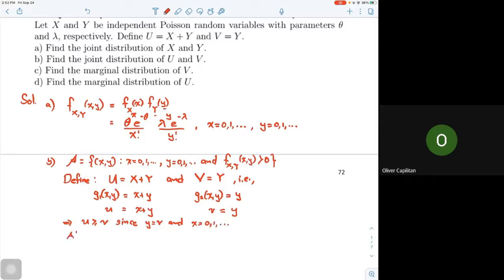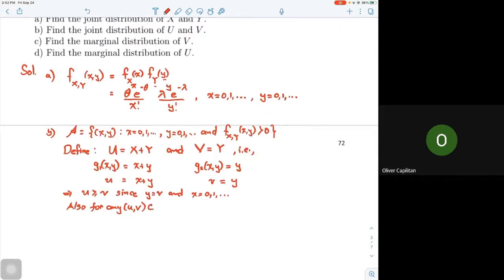And also, for any ordered pair uv, an element of script B. We know that script B here is the set of ordered pairs uv such that u is equal to g sub 1 of xy, and v is equal to g sub 2 of xy. So for any uv in script B,